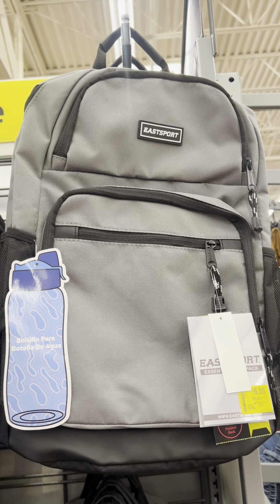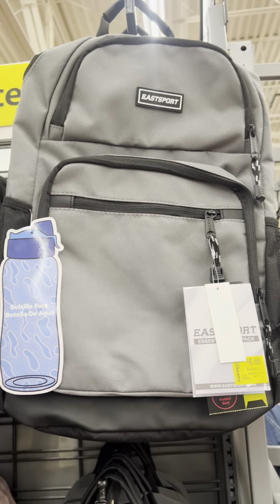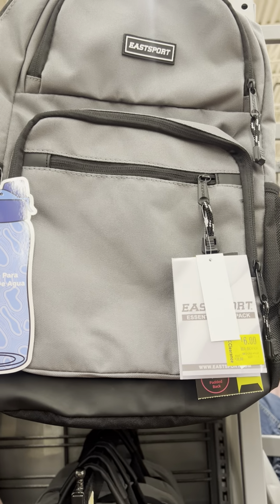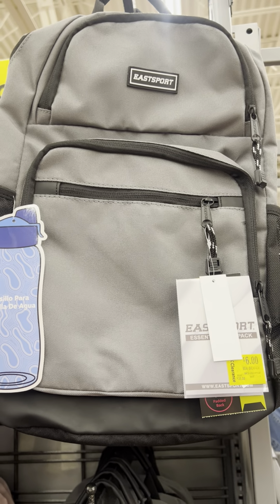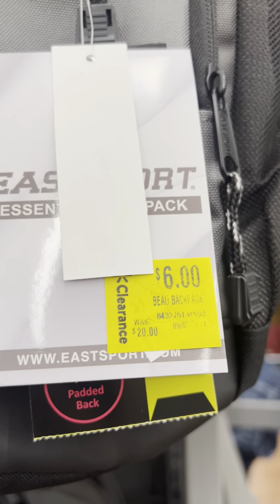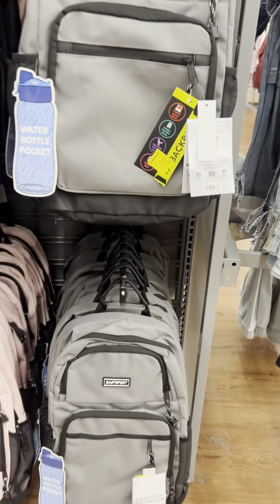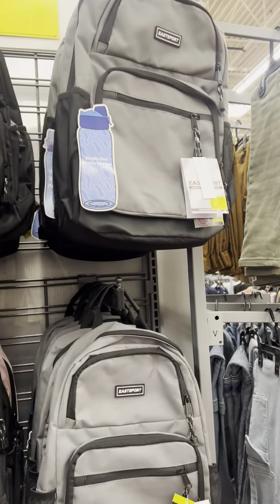So today I went to Walmart and I have found a lot of backpacks that are on clearance. This is the first markdown on these backpacks. They have the Eastport right here. These were $20 and they are for $6. Here is a barcode. They just marked these today and they do have several, so I'll just show you what